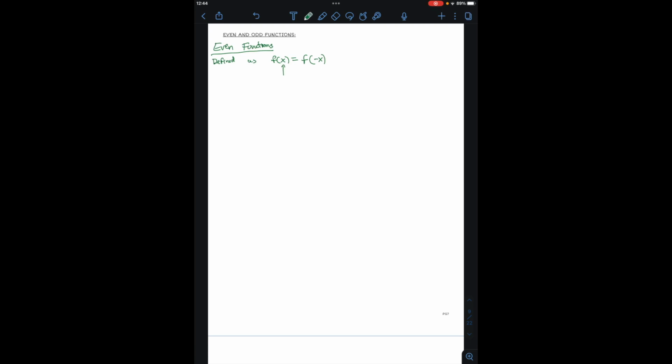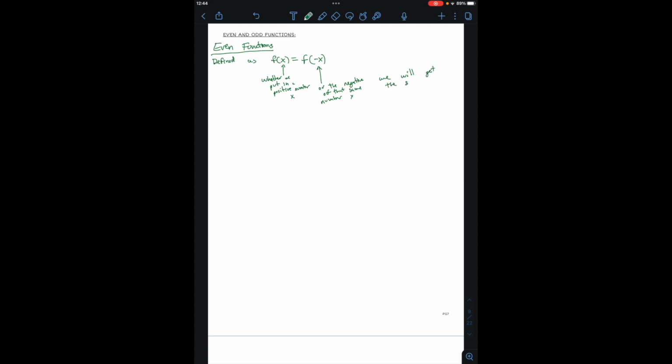It means whether we put in a positive number, x, or the negative of that same number, x, right? Whether we put in the positive x or a negative version of x, we will get